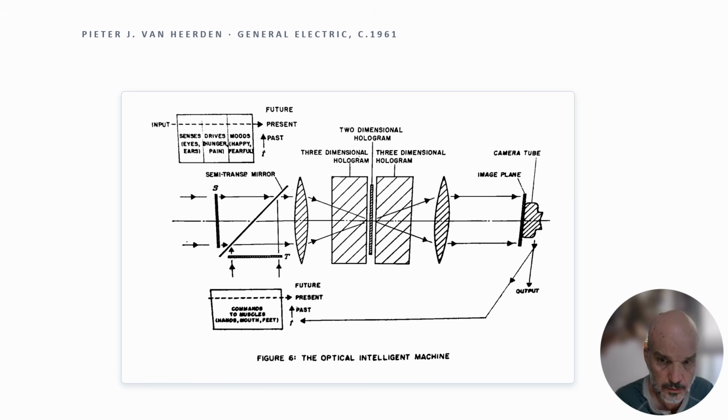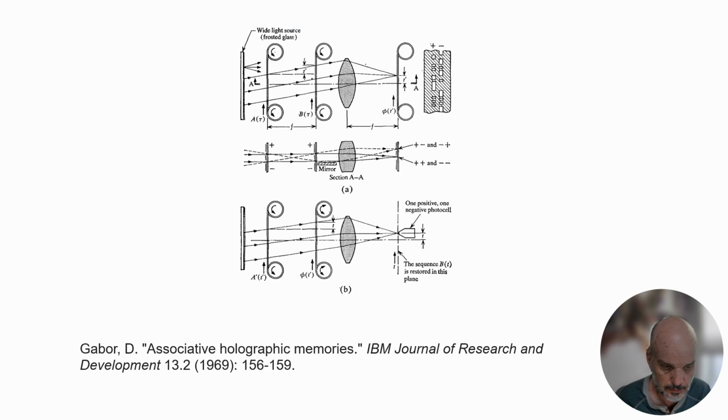At the time that he proposed this, the materials that he would use for volume holograms and the modulators and detectors needed to do this didn't really exist. But it inspired a number of other researchers to be excited about this. For example, Dennis Gabor in 1969 published this paper on associative holographic memories. The little spinning discs you see here are film rolls, so he suggests recording associations between patterns A and B onto a film roll, and then by inputting A at the right time on the film roll, you can regenerate the signal B. So this was in 1969, and then not much happened for the next 16 years.